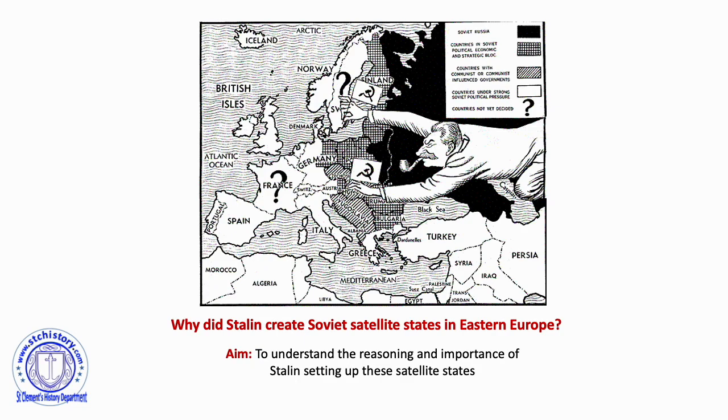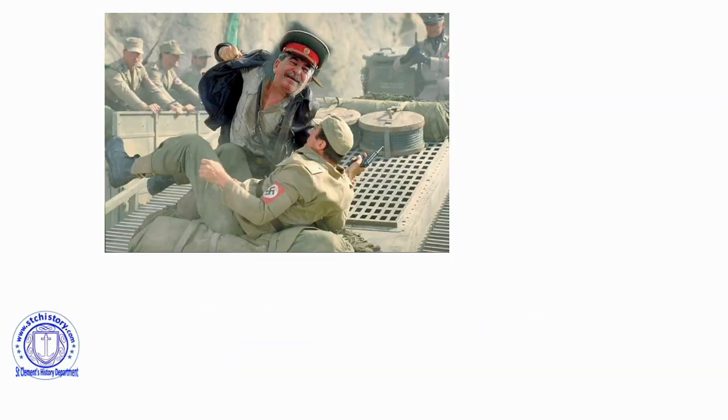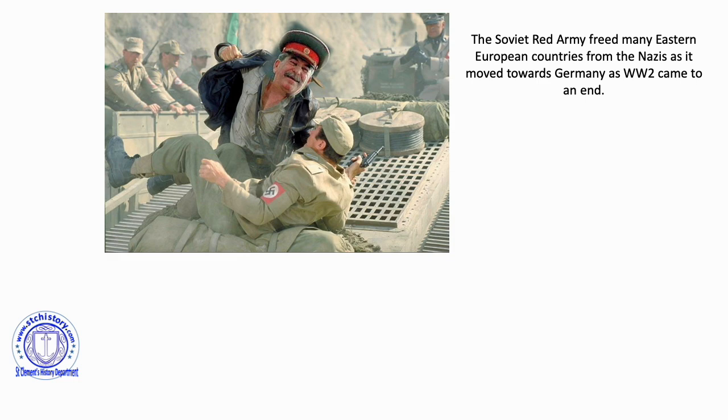So why did Stalin create these satellite states in Eastern Europe? This image here shows Stalin fighting the Nazis, a little bit of a Photoshop mishap. Basically, the Soviet army has freed Eastern Europe from the Nazis. So in Stalin's mind, he believes he should influence them, obviously not control them. But this was agreed at the World War II conference, remember, that there could be some influence in Eastern Europe, but Churchill was always concerned that it would become control. A couple of years in, and it seems Churchill might have been right all along.